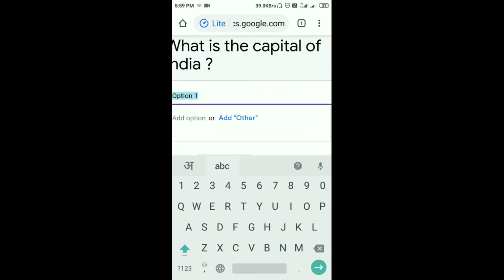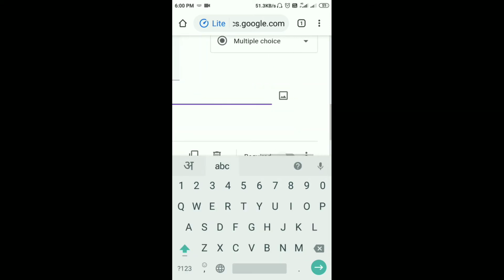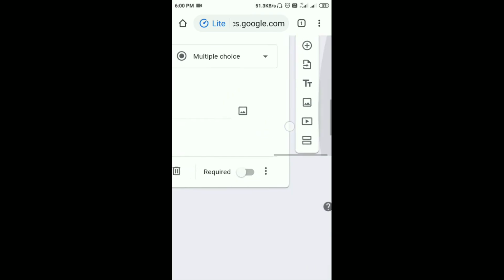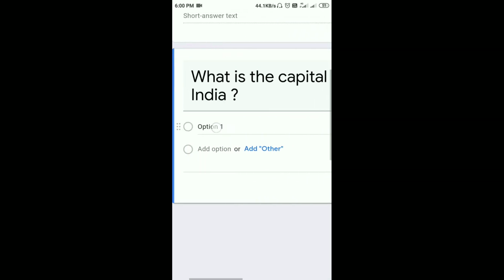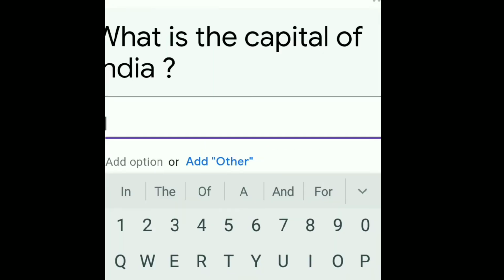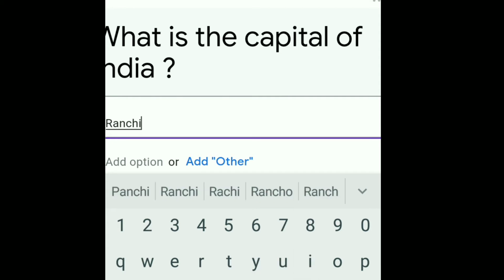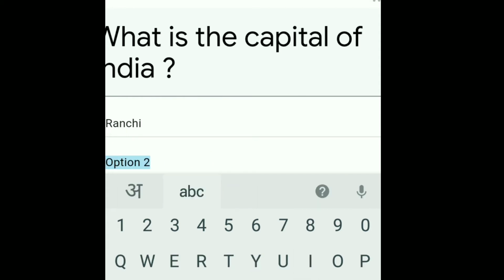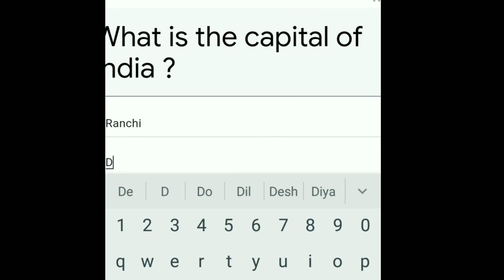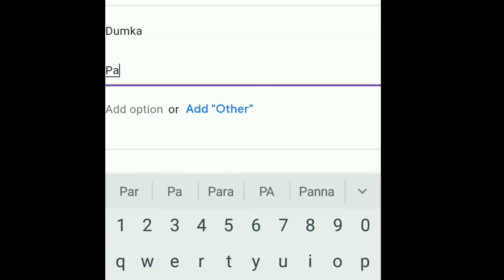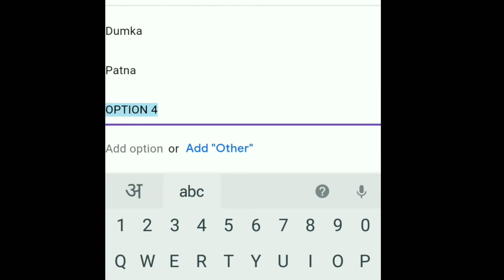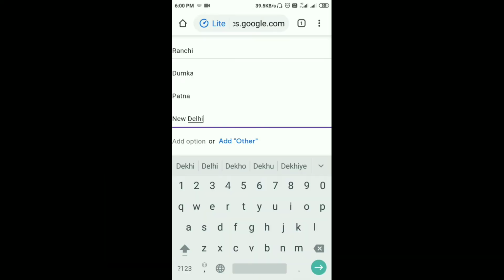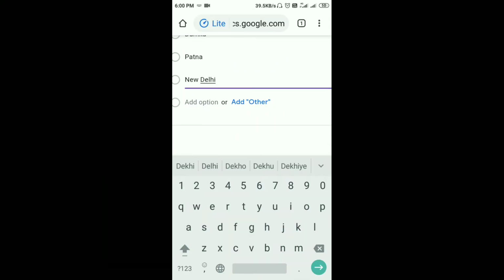Just click on option: Ranchi, Dumka, Patna, New Delhi. New Delhi. So finish.